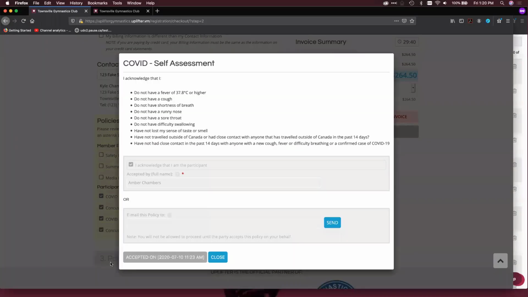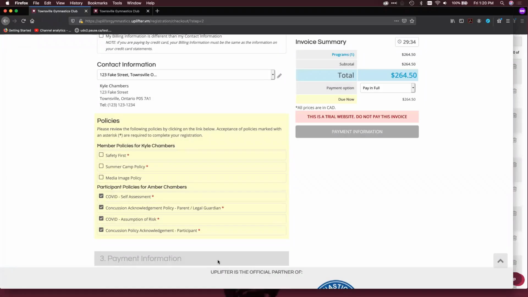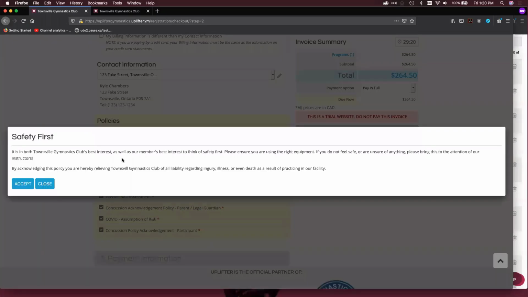When I click on them, it'll show me that I accepted that earlier today at 11:23 a.m. So people don't have to click through all the policies if they've accepted them before, but they're still presented so they know those policies are still in effect. As well, the policies that I didn't put an effective date on are presented to me again. I can accept them as I normally do.